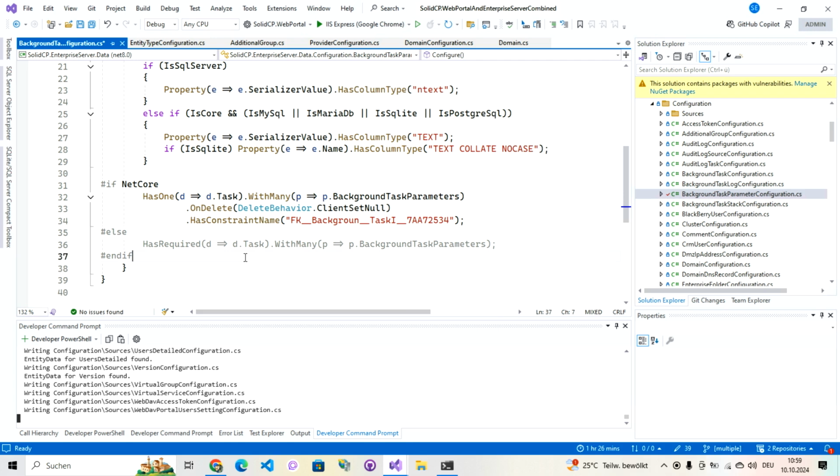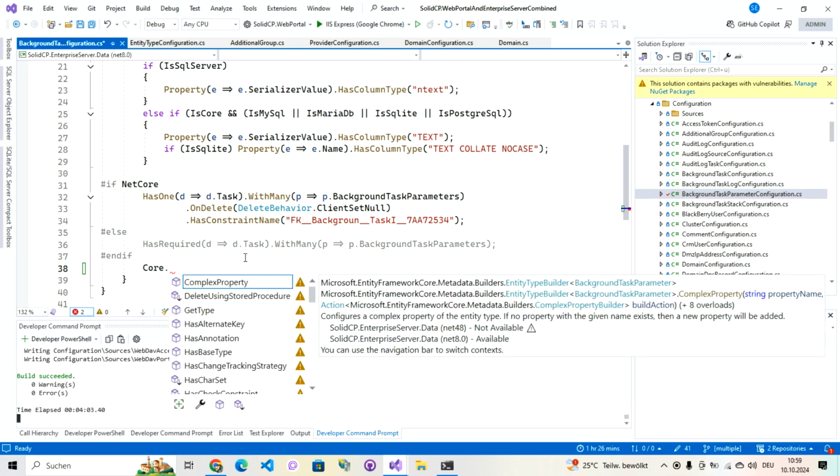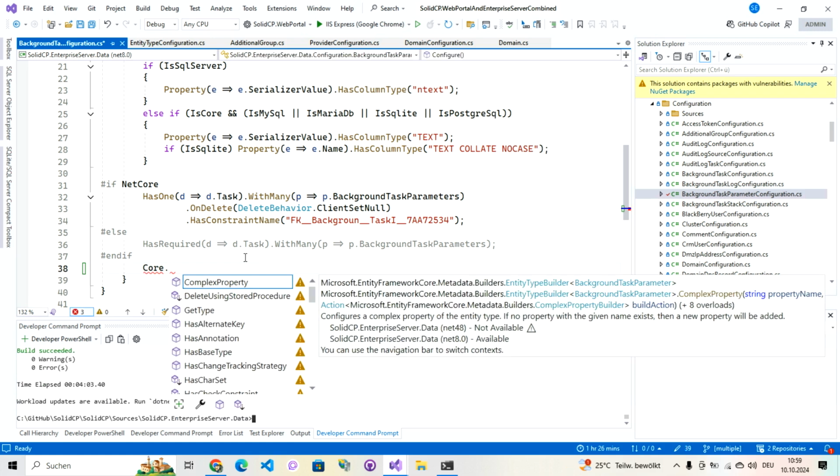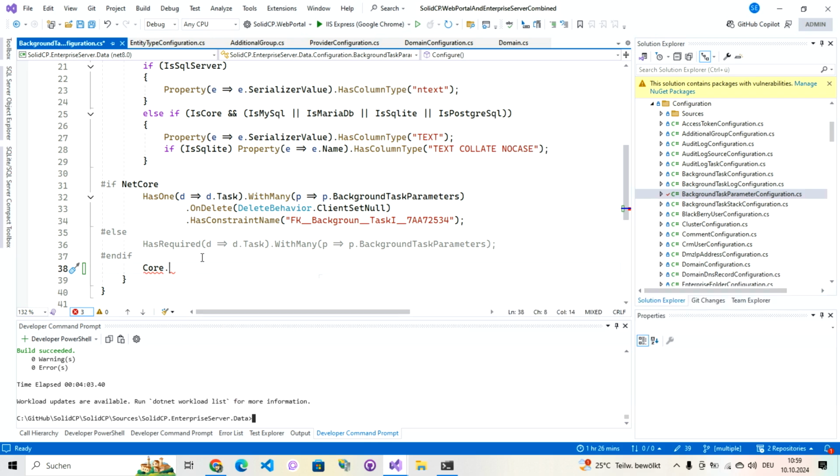And there are two special methods, Core, and those methods on Core, they are direct. They refer to the entity type builder of .NET Core. And as you see, those versions are not available in .NET 4.8, but in .NET 8 they're available. And then we have